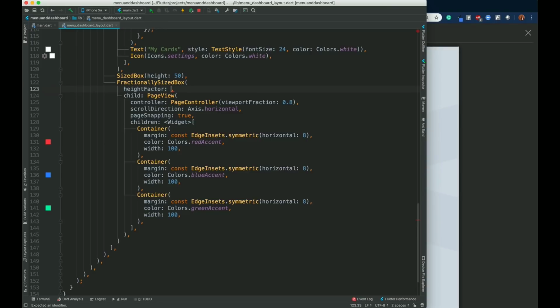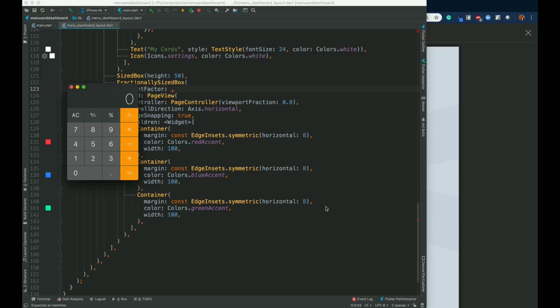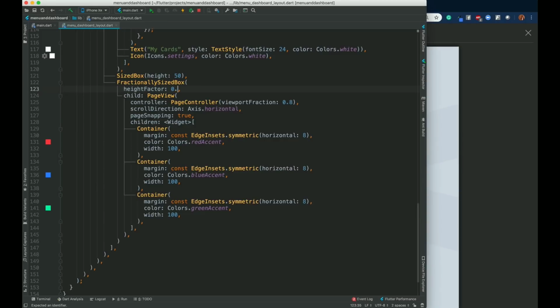Alright, so earlier it was 200, and I know that in this phone the height is near about 896. So let me just open my calculator. 200 divided by 896 is 0.2232 fractions. So I will make it 0.25, just 0.25 fractions, right? And now